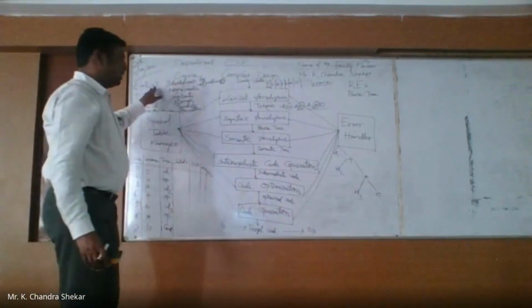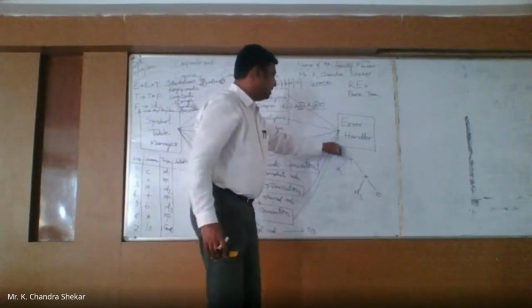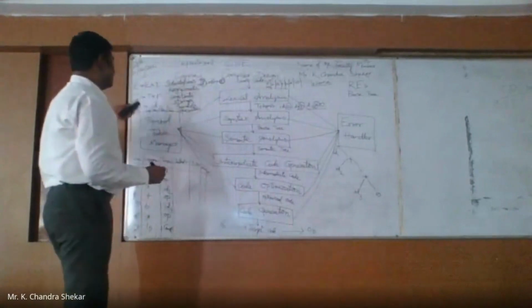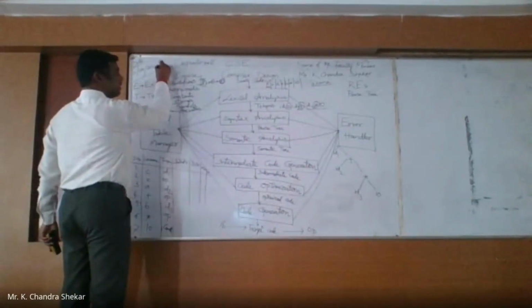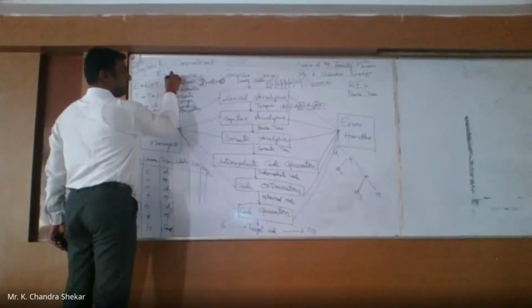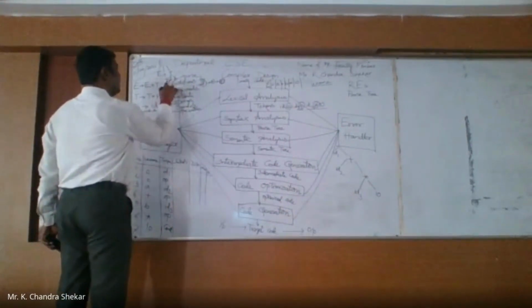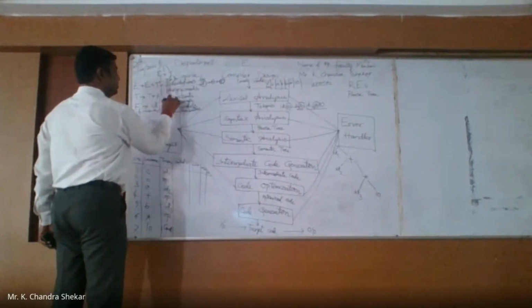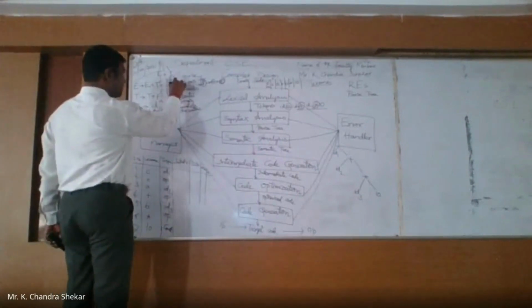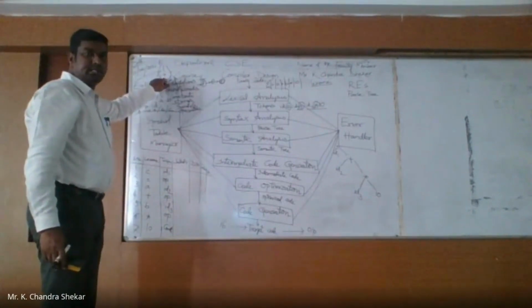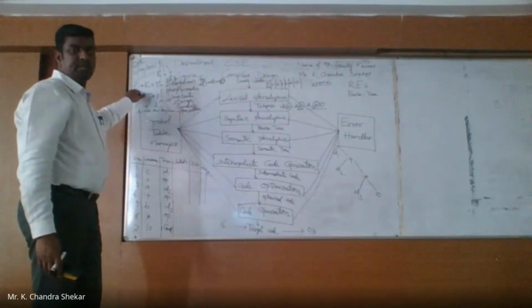Okay, now instead of representing ID assigned ID plus ID into 10, I can simply represent it as E plus T, T star F, and then T to F, E to T, T to F, F to A here B, here 10. Okay. So if I represent the tree structure with respect to the symbols of the grammar, which are nothing